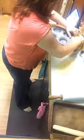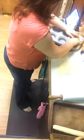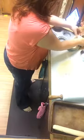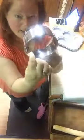Hang on one sec here. All right, so we're just going to put these in here. And so I guess what I need to do is roll out the other one, and then I'll do another 3 cuts, and then I'll put them all together and roll it out for the tops, because it comes with a set of 2 pie crust cutters, and the small one is actually for the top. And we're doing a